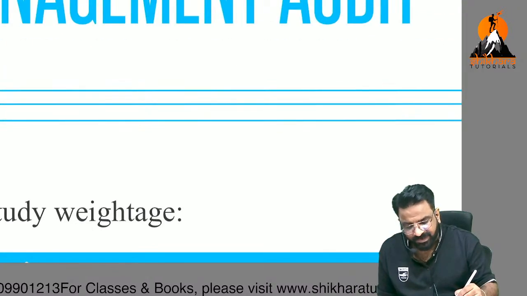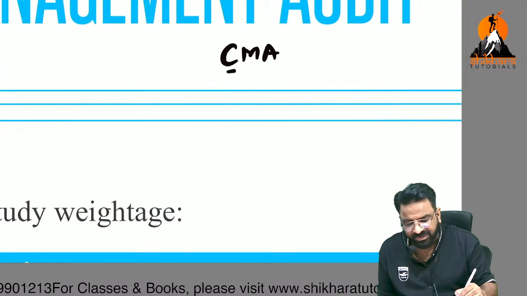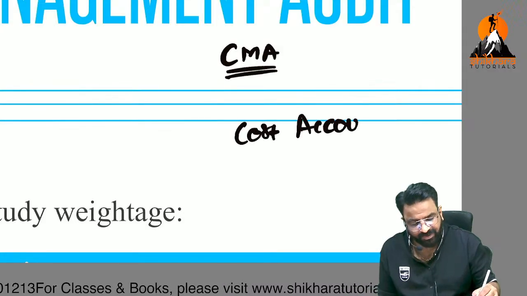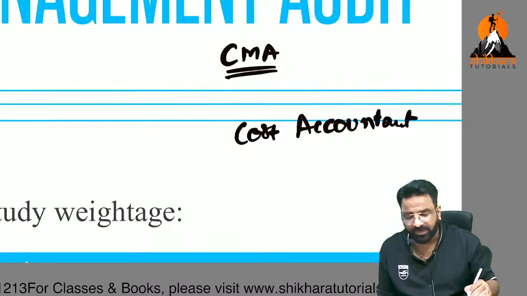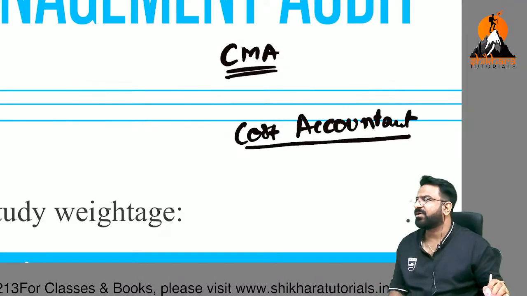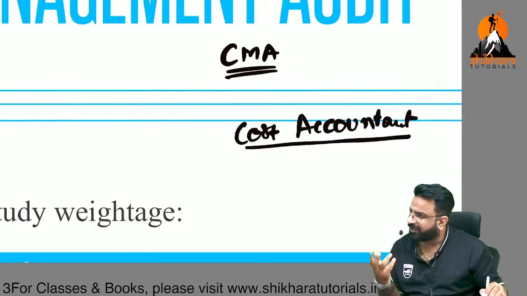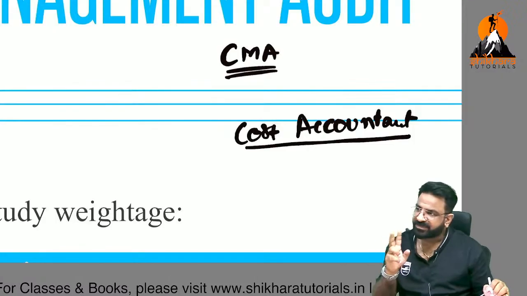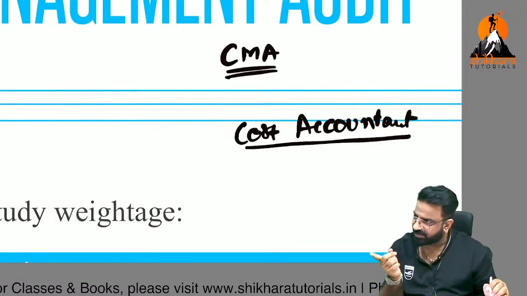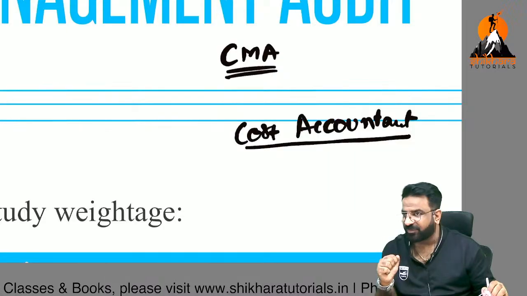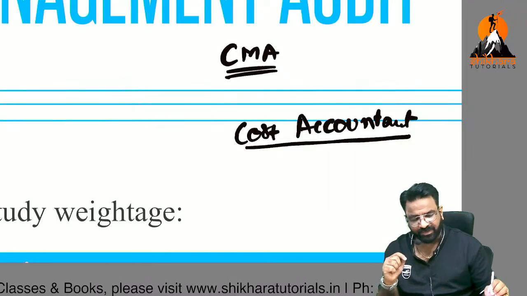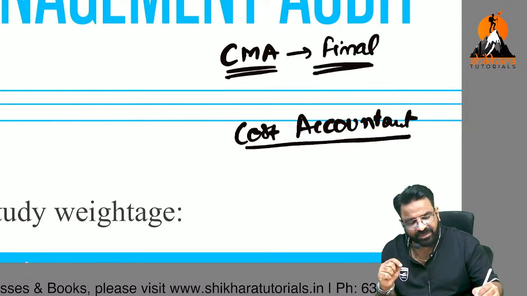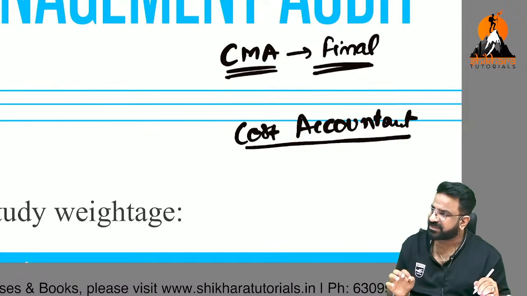What is the difference between a CMA who gets qualified and a cost accountant who gets qualified? Anybody in the class can tell me the meaning of a CMA and a cost accountant? Once you get qualified as a CMA and once you get qualified as a cost accountant, are these two people the same or two different people? What do you think? Two different people. Let me tell you one thing. Once you qualify your final exam,